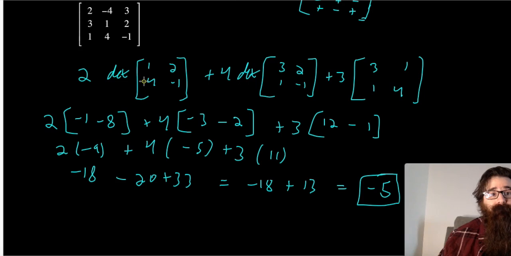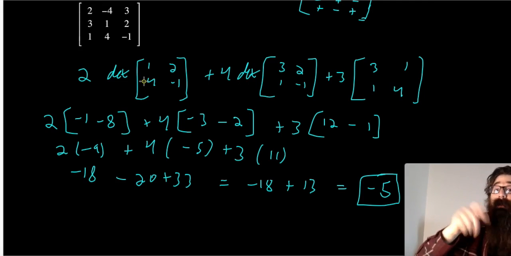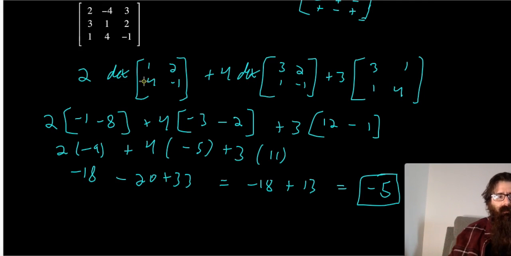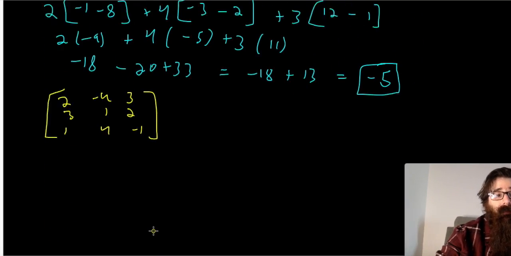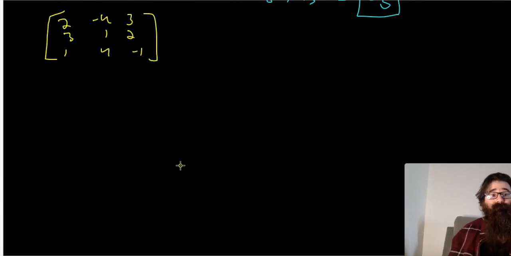But let's take a look at what if we just did a cofactor expansion down the first row, or down the first column. Let's do down the first column. So let me rewrite the matrix just for reference. And it doesn't matter. Pick a different row, pick a different column, and let's race. I'm going to go down the first column. I'm going to bring out this 2. Remember the checkerboard pattern? I got to bring it out the way it is, multiplied by a positive 1,